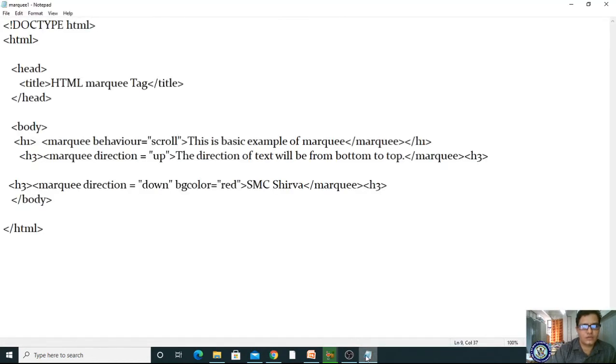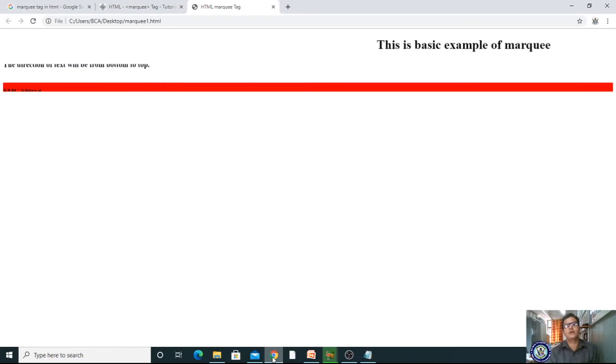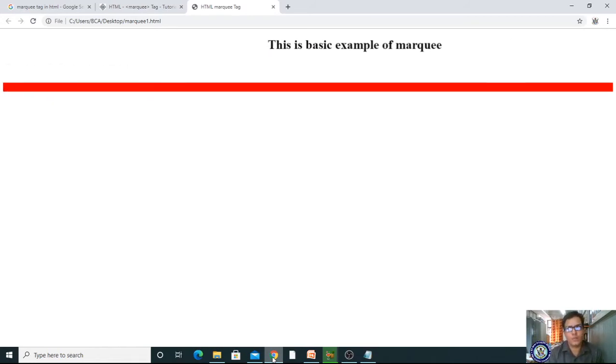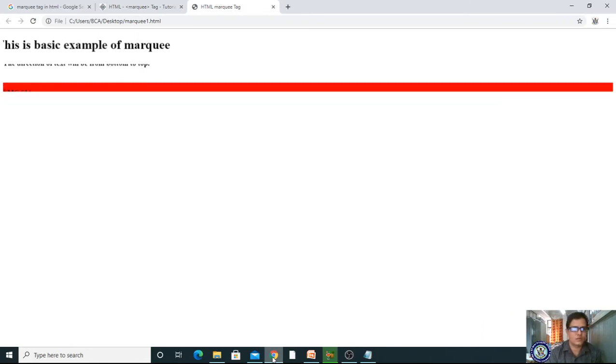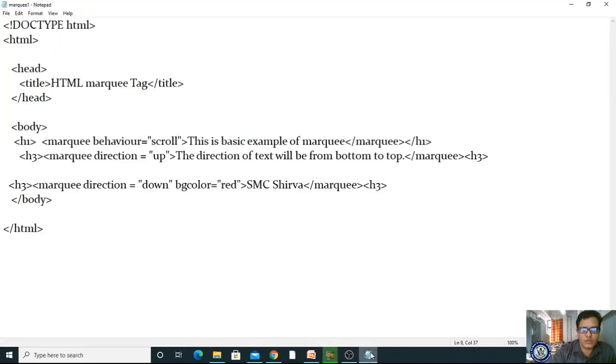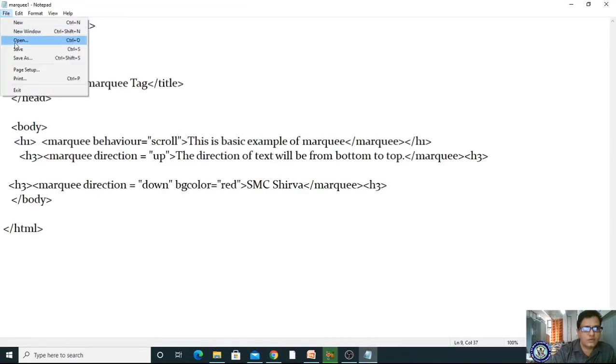If I made it scroll, then the text was supposed to bounce back. It is not bouncing. It is only scrolling, so it is not bouncing. Okay, and that happened.